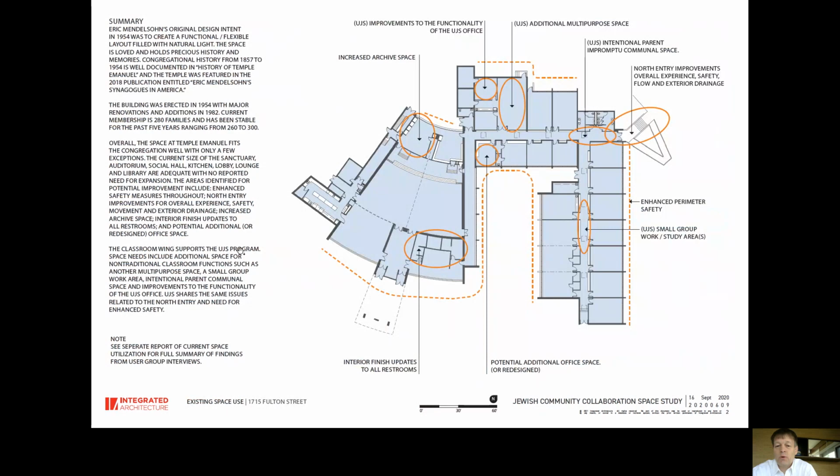So as I mentioned before, the first thing we wanted to do is really understand the current opportunities and challenges, the restrictions, the issues that are surrounding or existing in the 2 buildings. We wouldn't want to make an addition or invest any money or resources into the building without fixing the things that are already resident problems. So looking at